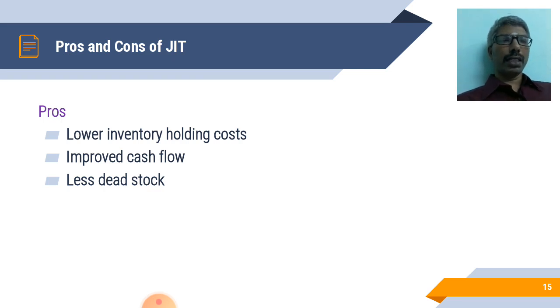We just purchase the material whenever we need it for our production. We directly get the material from the supplier to the factory. Therefore, here we need a very low inventory holding cost, and JIT improves the cash flows,